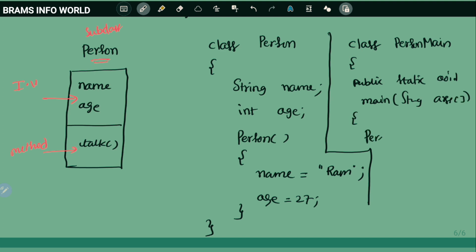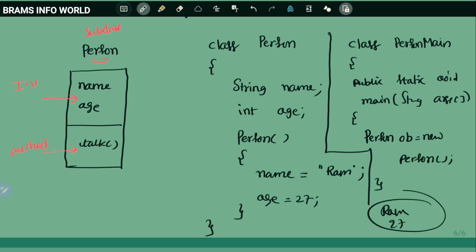Now I have to define person ob new person. That's it. So in the memory we have Ram and 27. Both values are taken by name as well as age, but there is no output because we have to print the data using method. Let us see how to do this program with the help of notes.